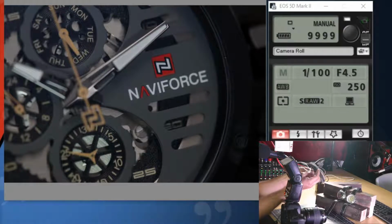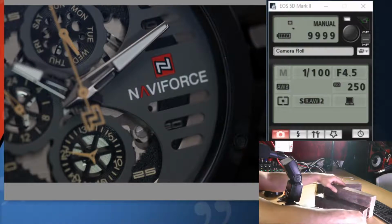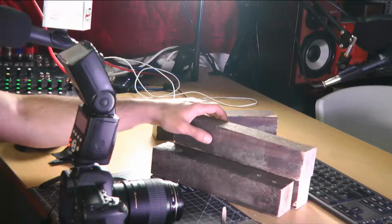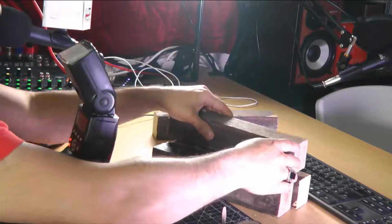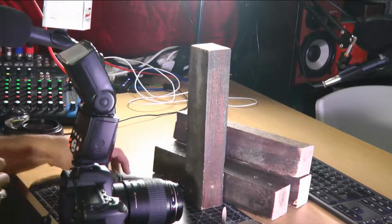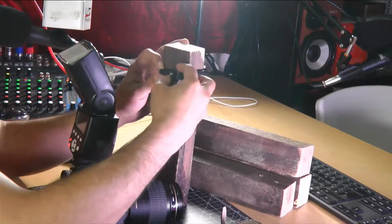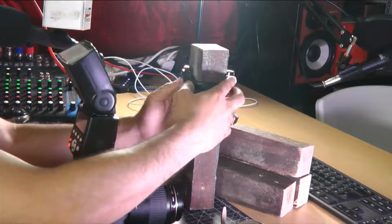How about if we do something like, okay, how about if we do like just a standing like that, maybe. Let's try that. That might be actually quite good because they're quite robust watches. So if I do something like